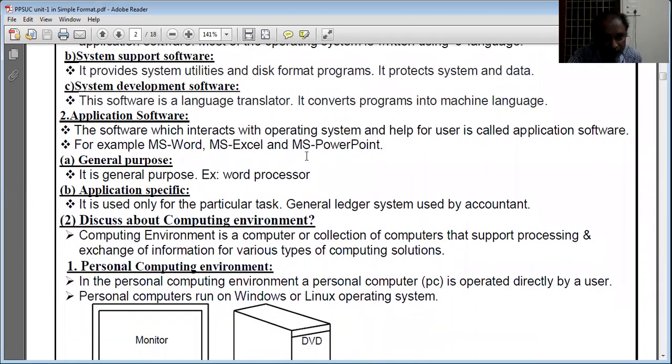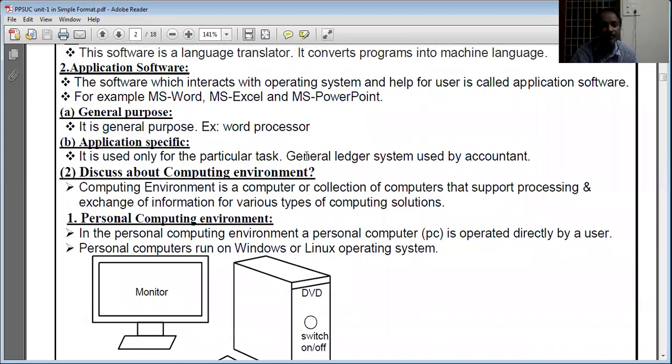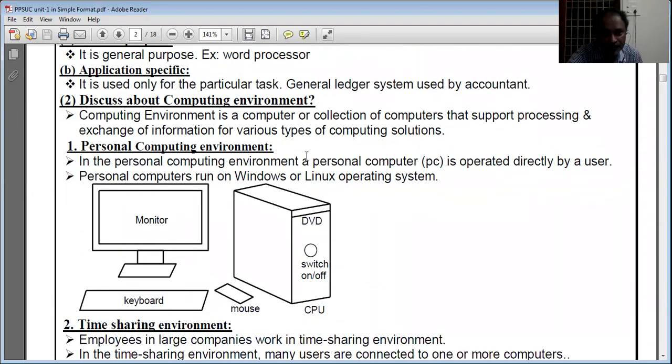Discuss computing environments. A computing environment is a computer or collection of computers that support processing and exchange information for various types of computing solutions. In this, the first one is the personal computing environment. In a personal computing environment, a personal computer is operated directly by a user. Personal computers run on Windows or Linux operating systems. It consists of the personal computer, monitor, keyboard, mouse, CPU, and